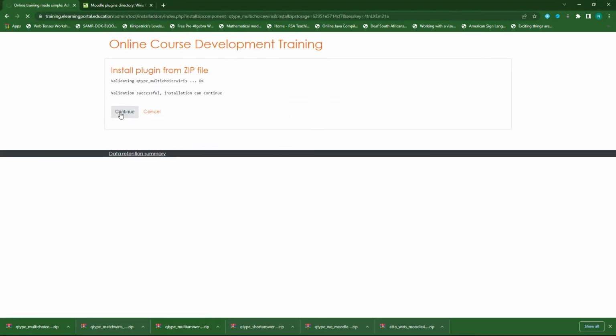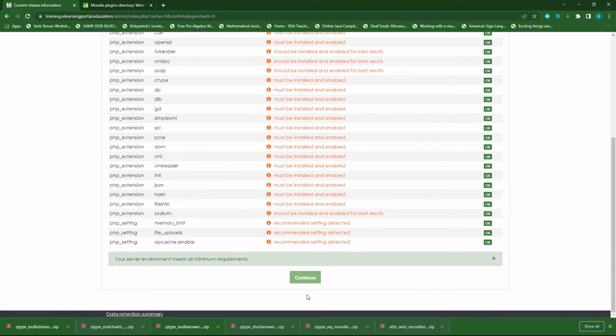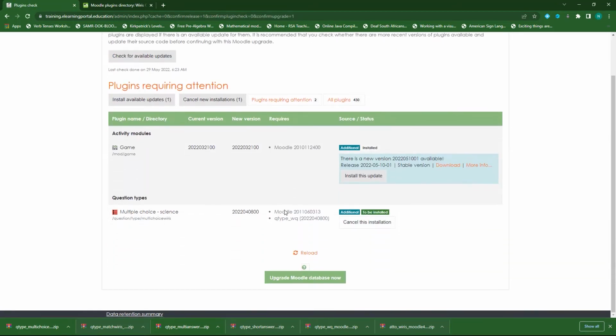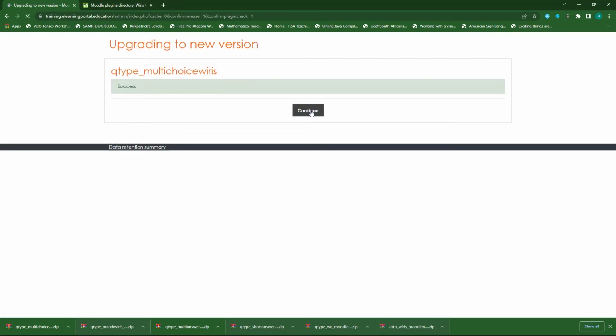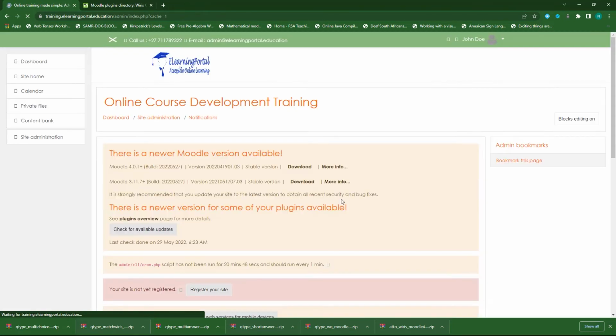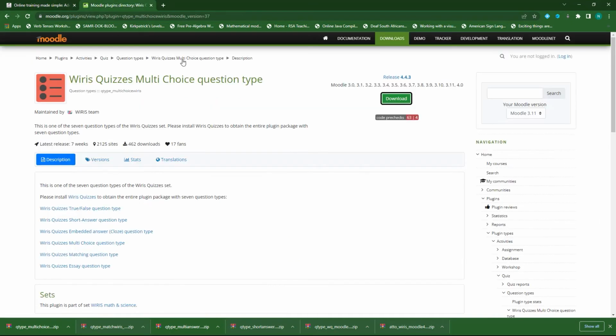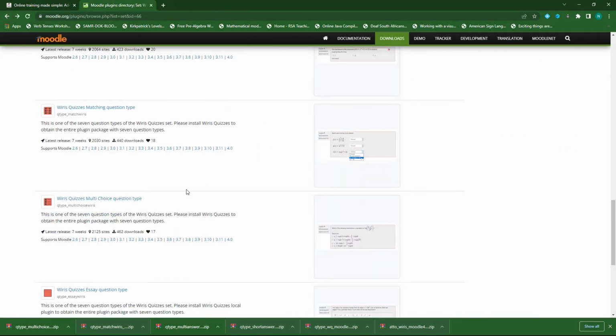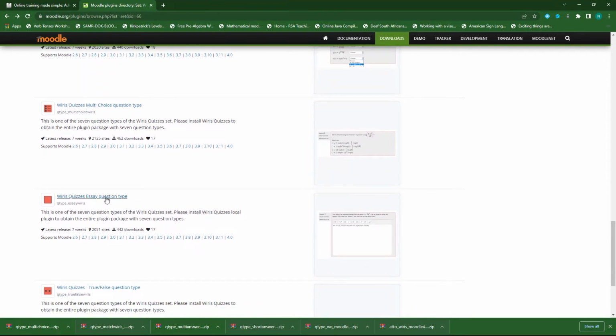Click on continue. Make sure your server meets the minimum requirements. Click on continue here. And now click on upgrade Moodle database now. Click on continue on this screen, which shows success. That's that. Let's click on Site Administration again. Let's go to our Moodle plugins directory, go one step back, and now let's install the essay type